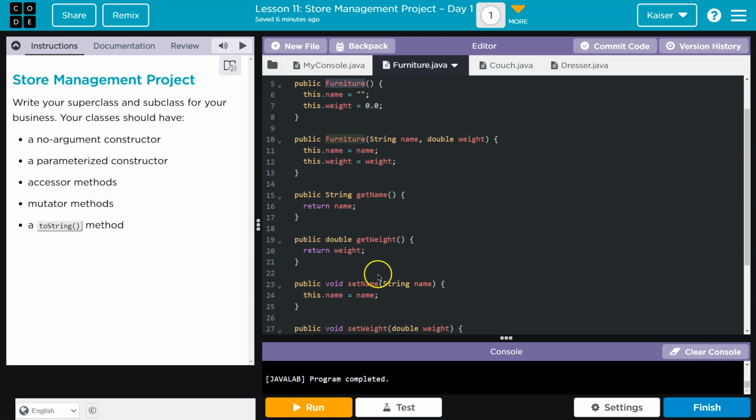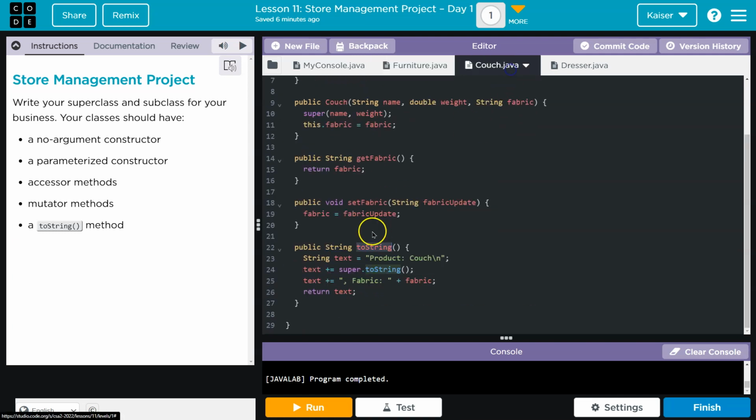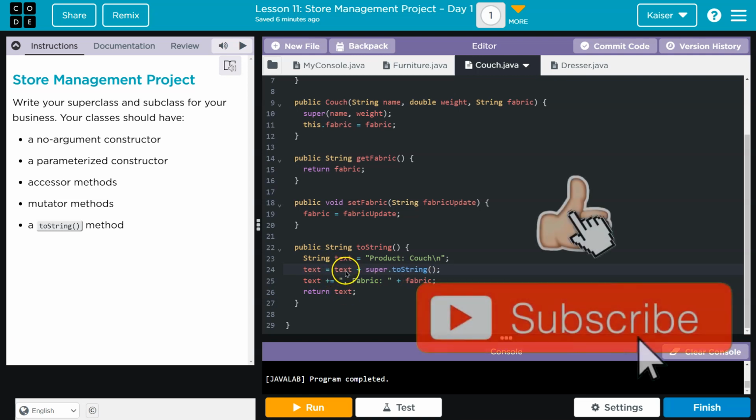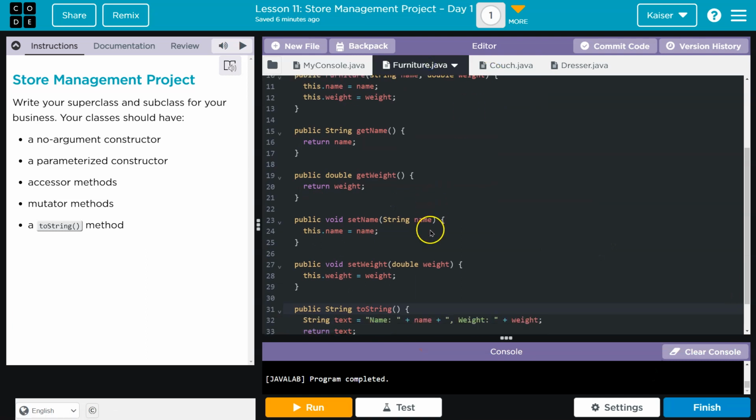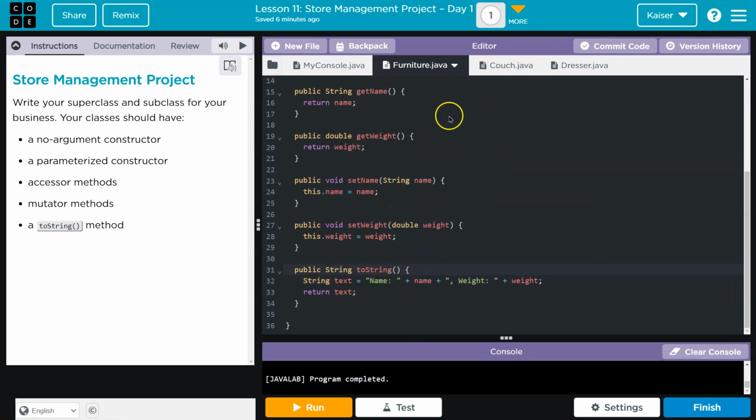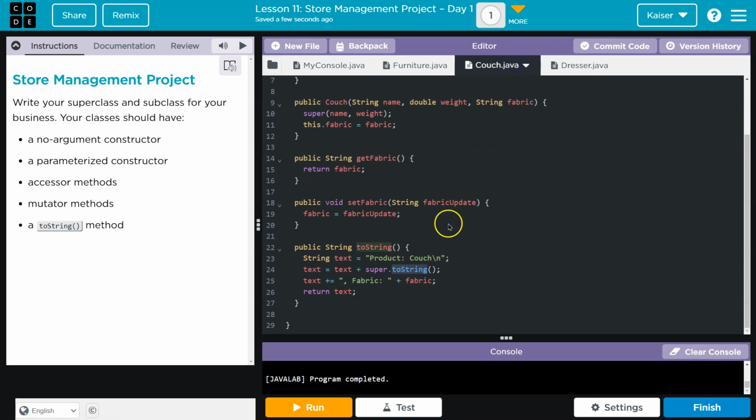And so now, instead of running furniture toString, actually, I think I do. Yeah, in this one, I say products couch. I do a new line character. I set this all equal to text. Then on the next line, I say text is going to be equal to what text used to be equal to, plus, I could have just done this. It would be the same thing. Why not? Text is equal to whatever text used to be equal to, plus, hey, super. So what am I calling there? The class above it, run the toString method. It now has to go up to furniture and grab this information. It returns it. So now we have name and weight,